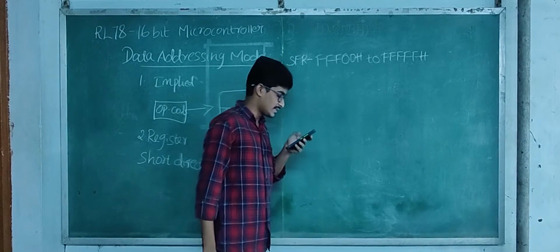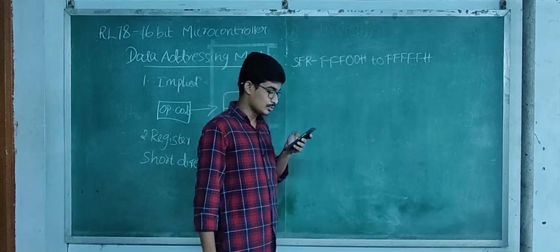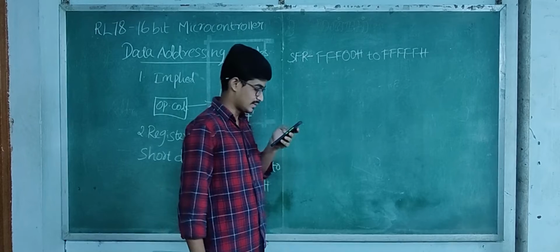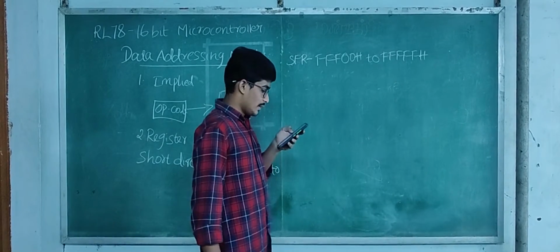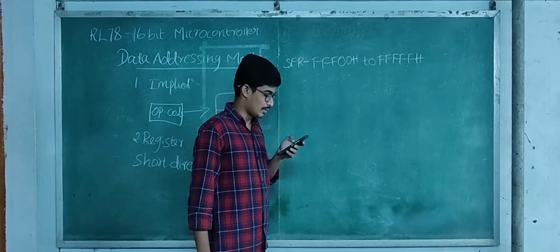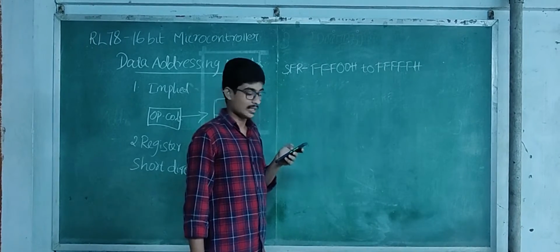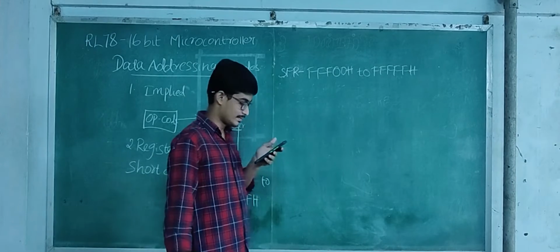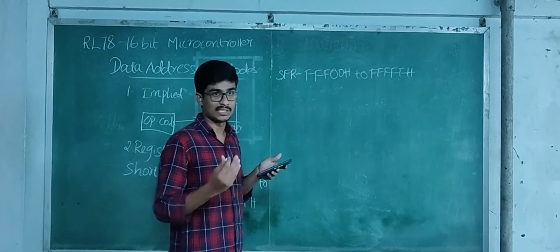Next one is the register indirect addressing mode. It specifies the target address using the contents of the register pair specified with the instruction word as an operand address. Next one is the based addressing mode. In based addressing mode, the contents of a register pair specified with the instruction word, or 16-bit immediate data, is used as a base address, and 8-bit immediate data or 16-bit immediate data as an offset address. The sum of the base address and offset address specifies the target address.